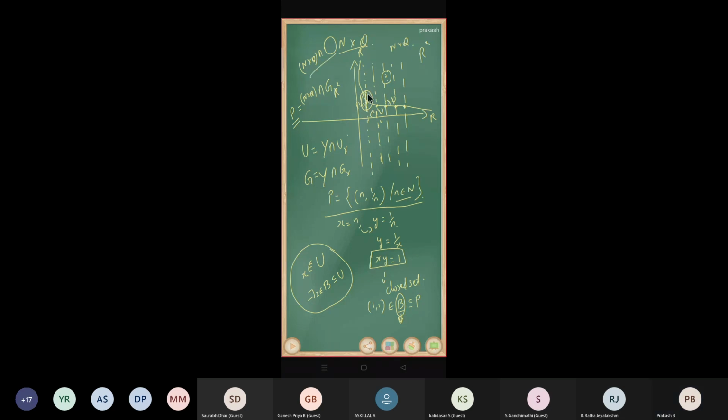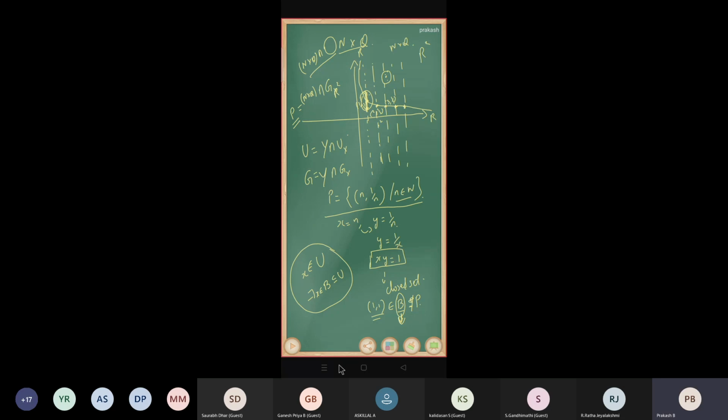So clearly we can understand that this interval is not entirely contained in B, right? Definitely it will not be contained in B. So corresponding to an element (1, 1), we cannot find a basis element such that it is contained in B. Therefore, it is not open. So the answer is: B is closed but not open, right?